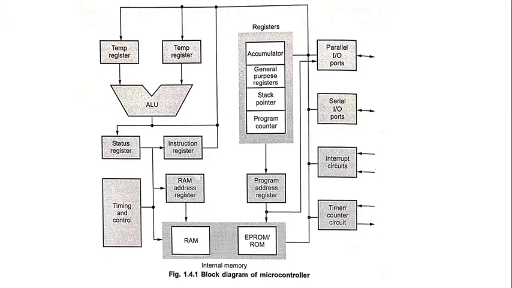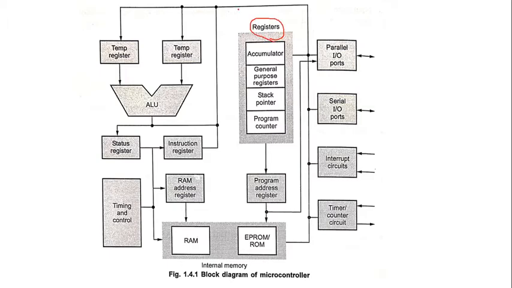Next is the timer and counter circuit. It is also bidirectional, or we can say it is separately directional. So when we give some timer counter to our program to perform several functions, we get some counter type of arrangement on the output side. All this data is directly given to the registers, that is the accumulator, general purpose register, stack pointer and program counter. Over here a register is nothing but a memory location device, where we can store some amount of data.